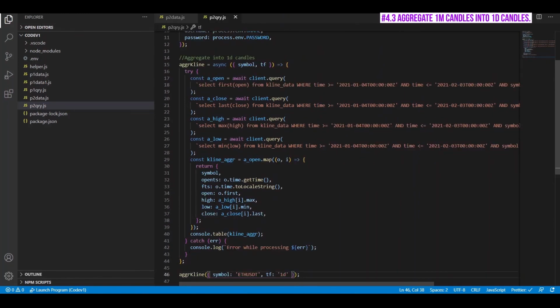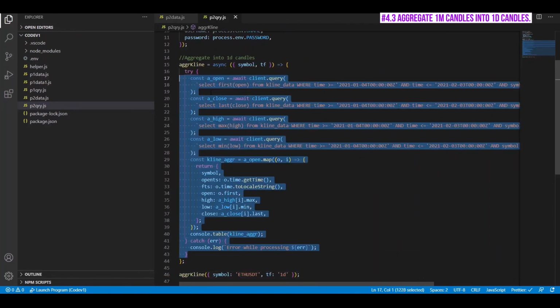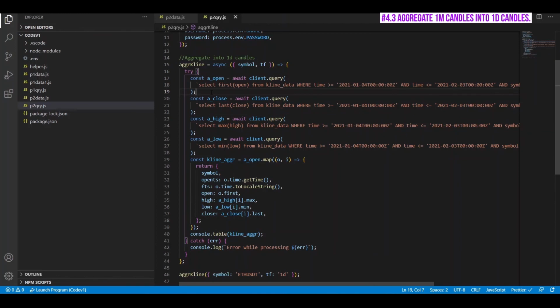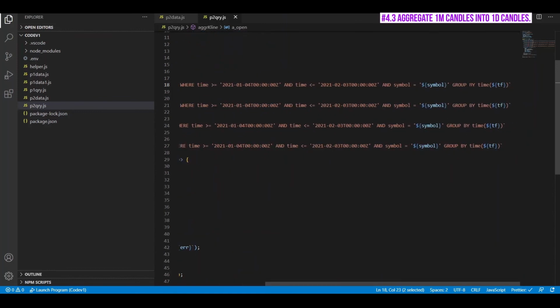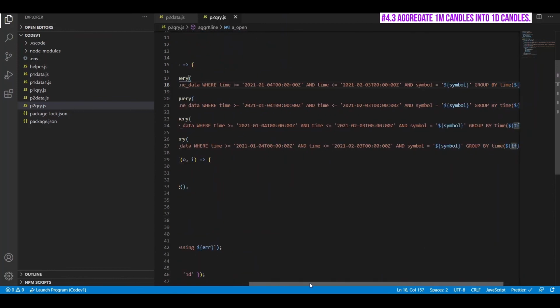And you can look at the code. It's pretty straightforward. I think it's under 10 or 20 lines of code, and that's the beauty of a time series database. We can do this at a query level, so the code complexity is significantly minimized. So let's see how we did it. So first, in order to identify the open price, we use the first function to get the open price, and we group the data on the 1 day time frame. That's it.